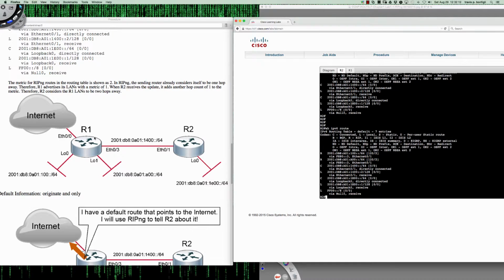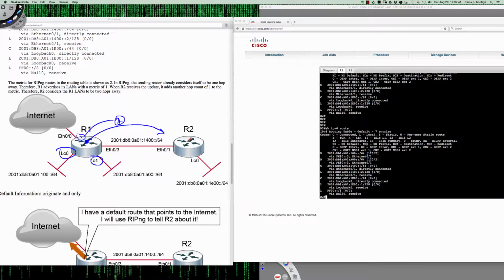Even though it's 1 router hop away, when we're talking about how to calculate the metric for Loopback0 and Loopback1, you think, oh, it's 1 hop, right? So you think that's 1. However, the originating router counts himself in the hop count. So it's 1 and then